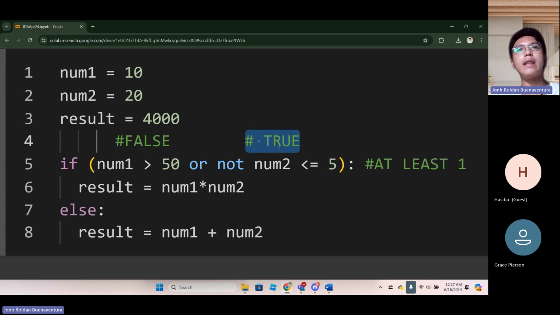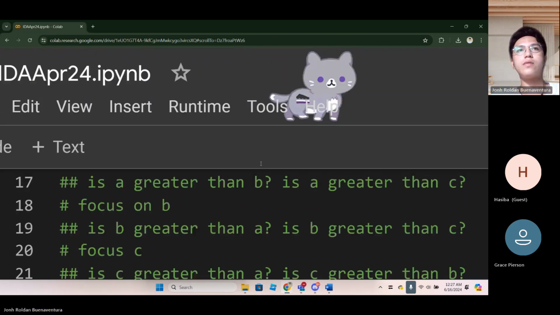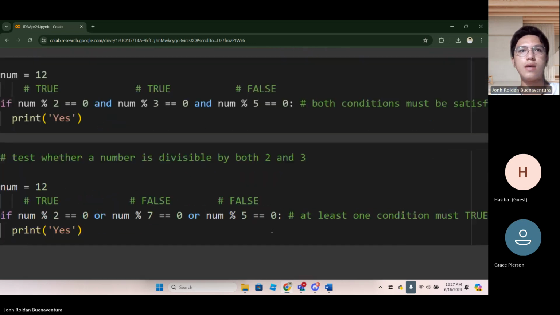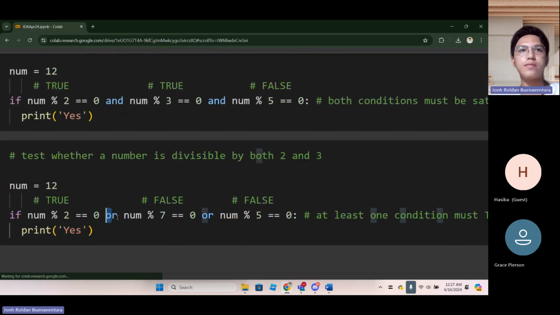If you are using or, even if everything is false, but you have at least one that is true, the code below will be executed.